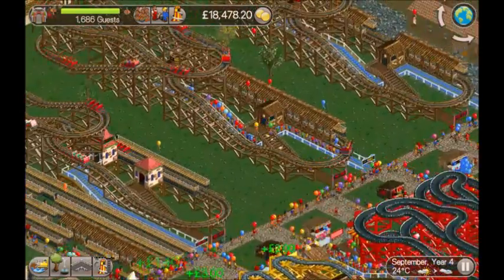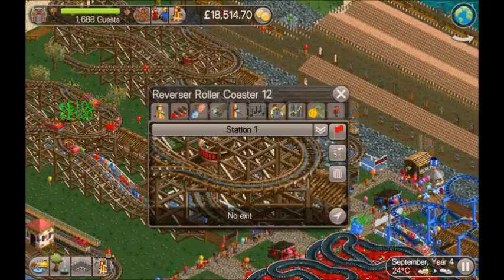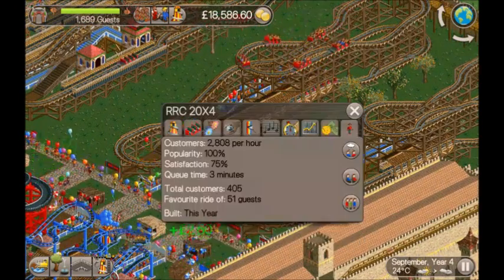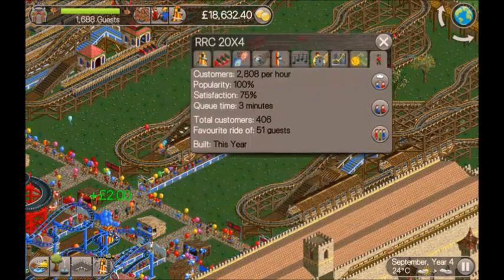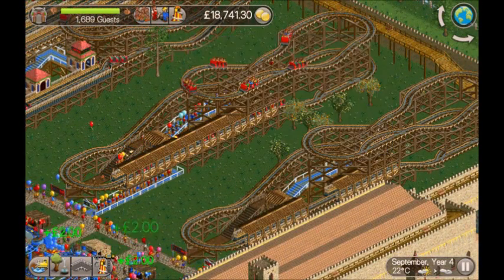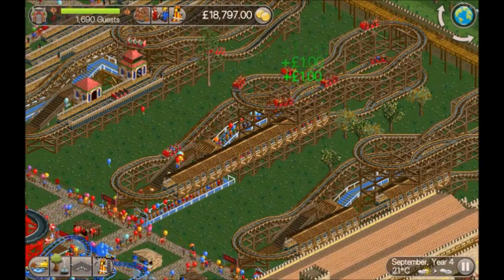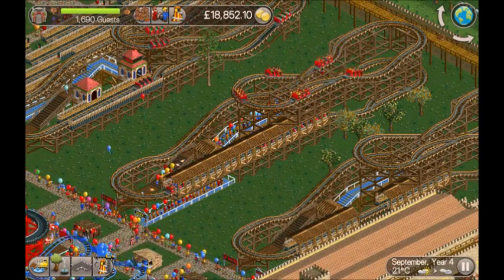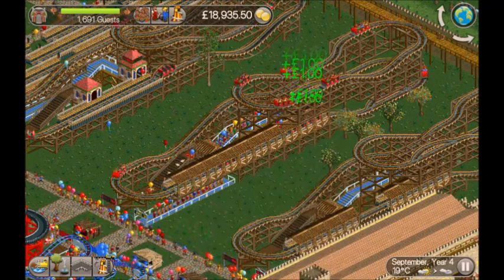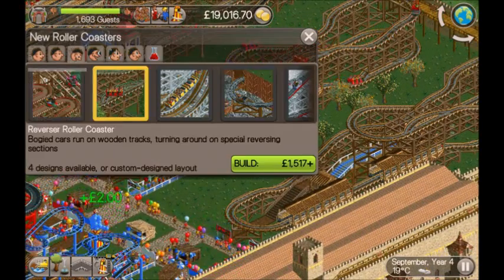So it's even less. So I scrapped that idea, and then what I did, as you can see, I've opened this ride up just so I could test the throughput. And at 2,800 guests per hour, that's quite good. That's up there with some of the better coasters, so I was happy with that. So that gives you 5.2 excitement. See how that stacks up against the...